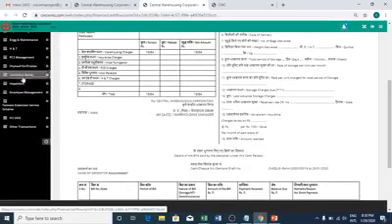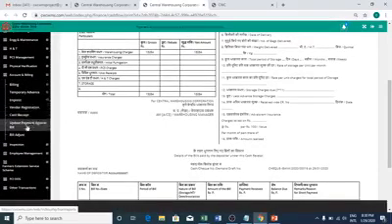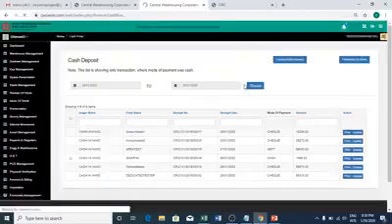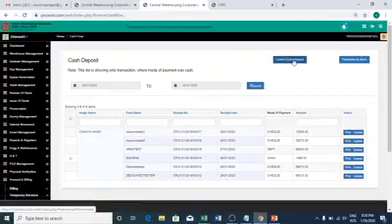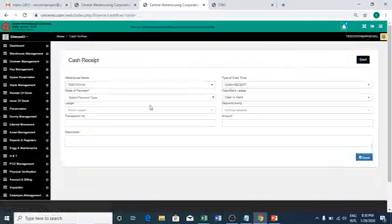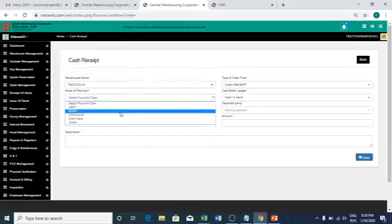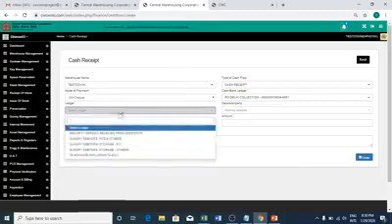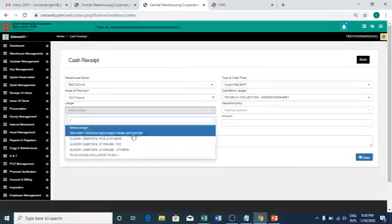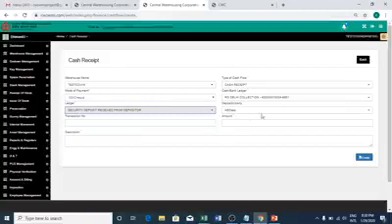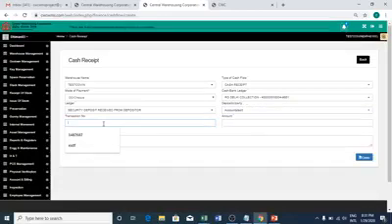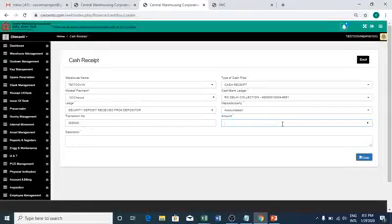For that, you go to accounts and billing, you go to cash receipt. There is this button called create cash receipt. Click that. Okay. Mode of payment is check. The ledger you can choose. Now here in the ledger, you see the first option says security deposit received from depositor. Click that. The depositor, what we had here was accounts test one. Transaction number or the check number, whatever you want to call it, here you can put the details of the check number and the amount.